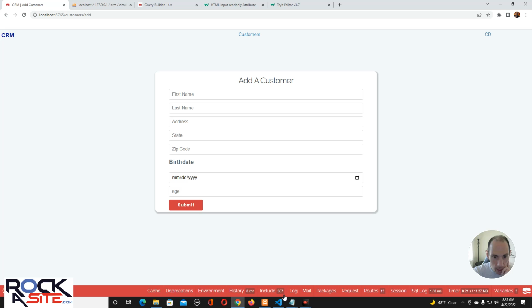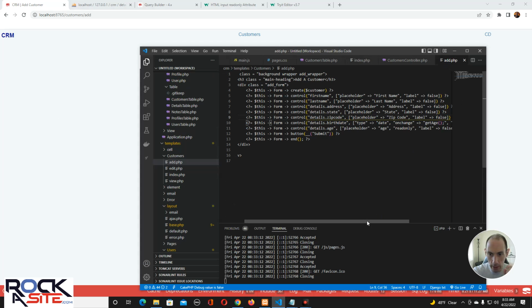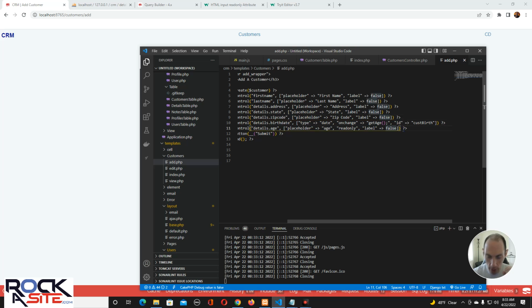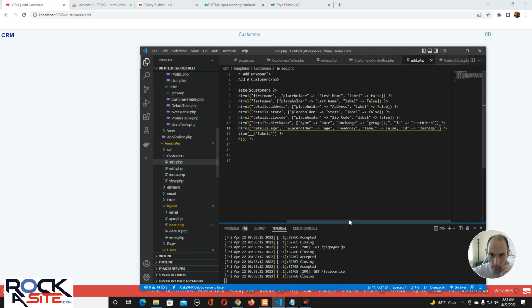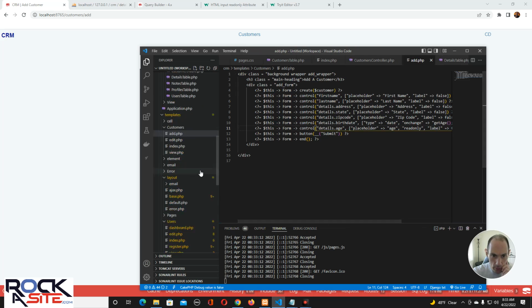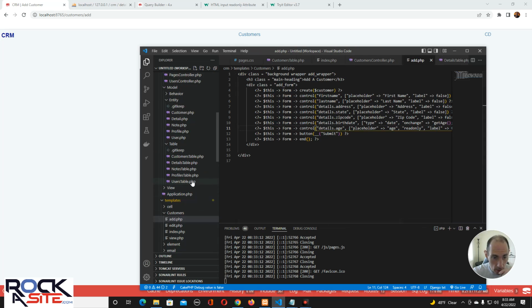We'll deal with it. Now then, I put a function here. I put a function on the birth date. Did I put an ID on the age? I did not. I did not put an ID on the age. If I were to go to my JavaScript pages,